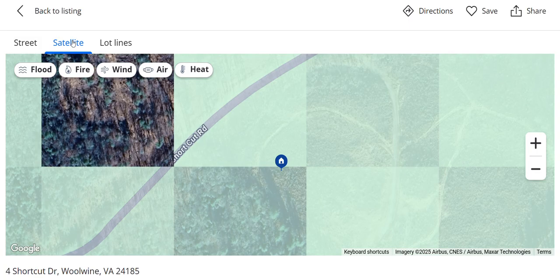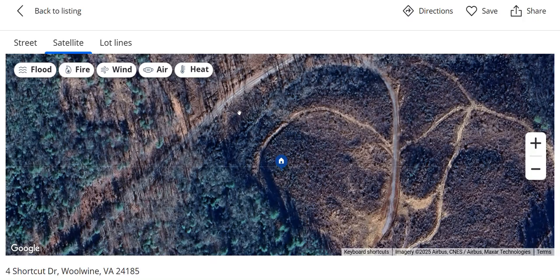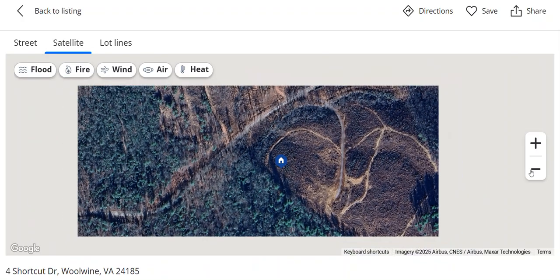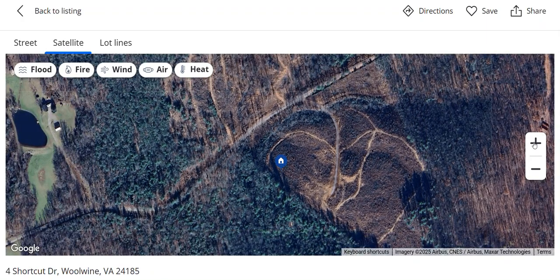Go to satellite. And that is not a paved road. It doesn't look paved to me. I'm pretty good at picking out a paved road. Now see, probably what's happened here, somebody came in and logged, and they came in and logged here, which isn't